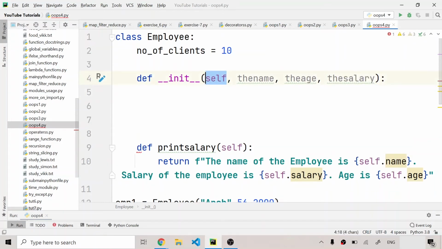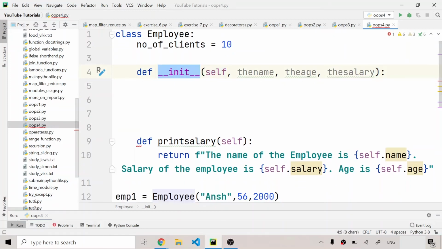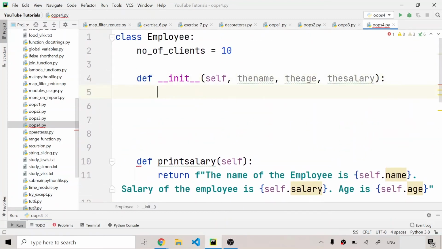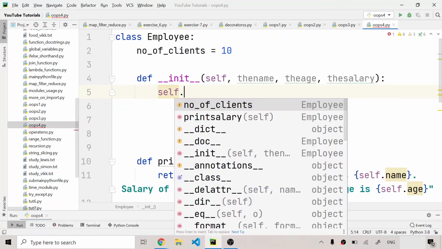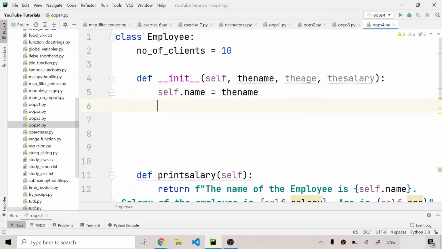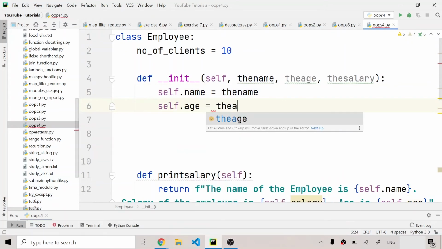The self right here acts as the object, the instance, on which we are using the init function. In this case we are using it on emp1, so self will be emp1. After this I will have to write self.name is equal to name, and after this I'll write self.age is equal to age.